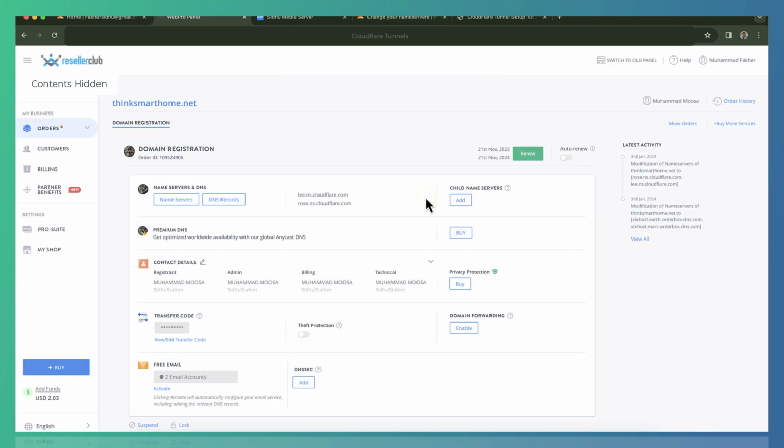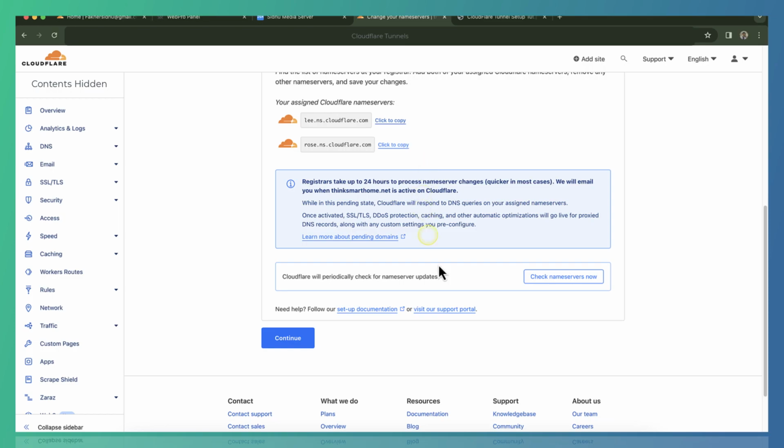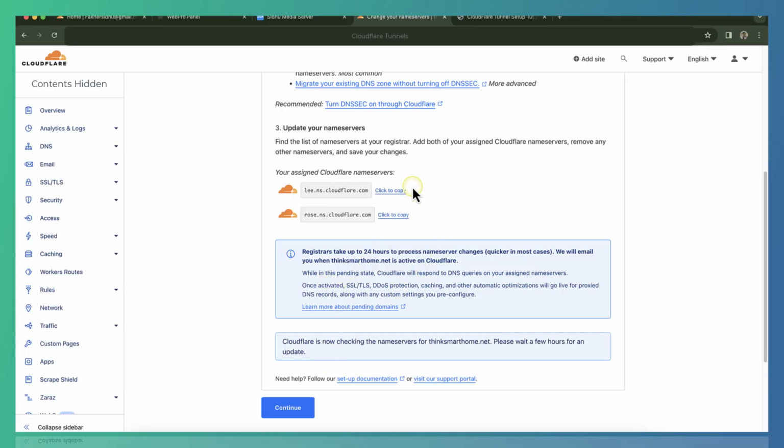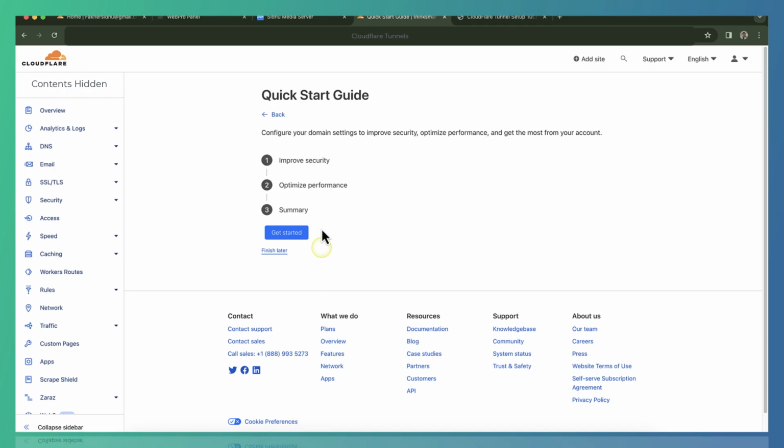And then go back to Cloudflare website. Now we can click on check name servers now. This might take some time. It might take from 5 to 20 minutes because Cloudflare have servers all over the world, so it should be fairly quick. While the domain name propagation is in progress, let's click continue and then look at this quick start